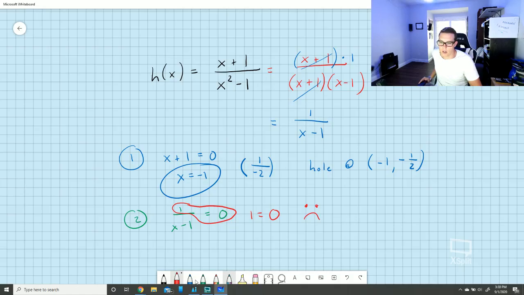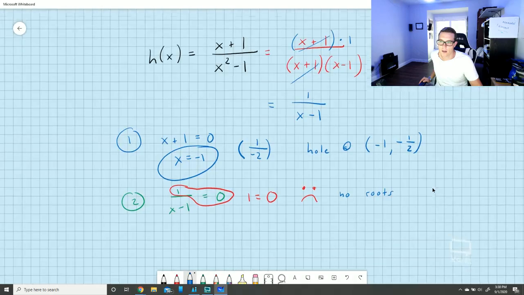Well, that's absurd. That means there are no roots. Okay, so no, you didn't break anything. 1 does not equal 0. That just means there are no roots. Okay, it means this thing, when we graph it, had better never cross the x-axis. No roots. It's never a place where the function equals 0. It doesn't happen in this problem. So the third thing,